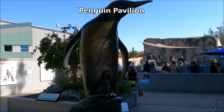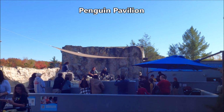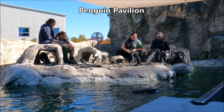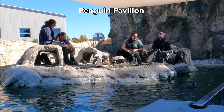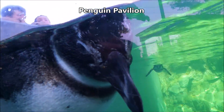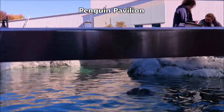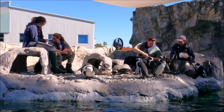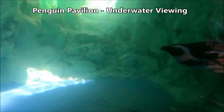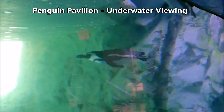So we're approaching the penguin encounter at Penguin Pavilion, and this is where you can come to get a close-up view of the penguins. You can see the penguins from outside or see them below on the inside. Here's the underwater viewing area for the penguins. Look at it though. Yeah, all of them are doing